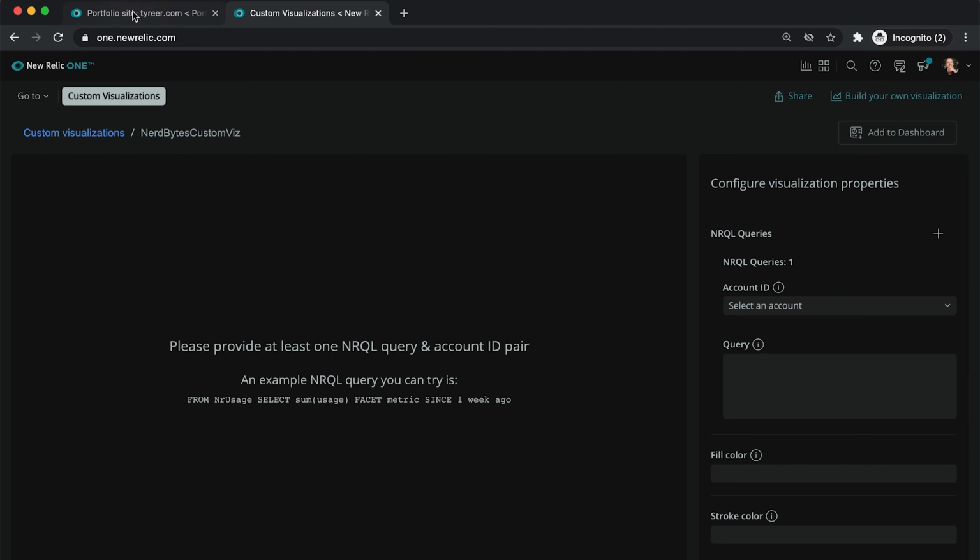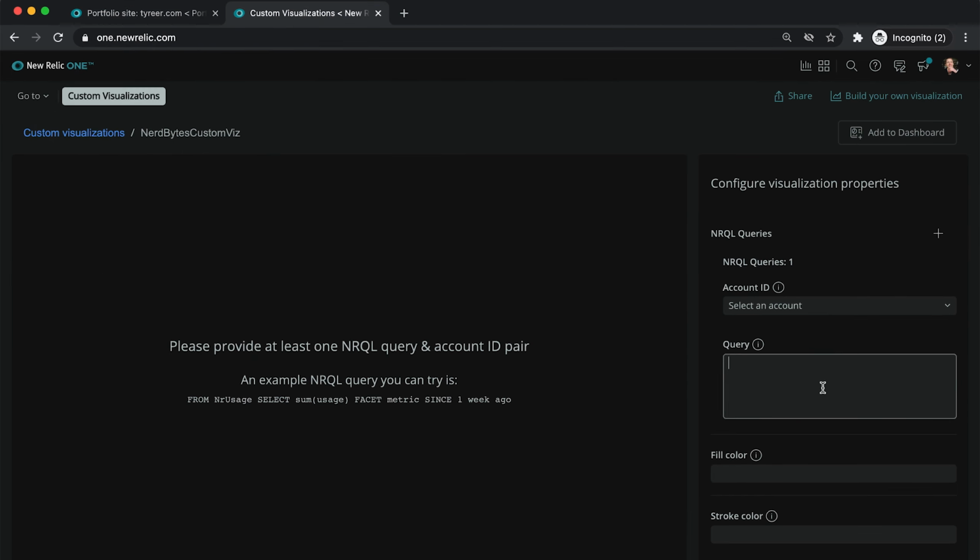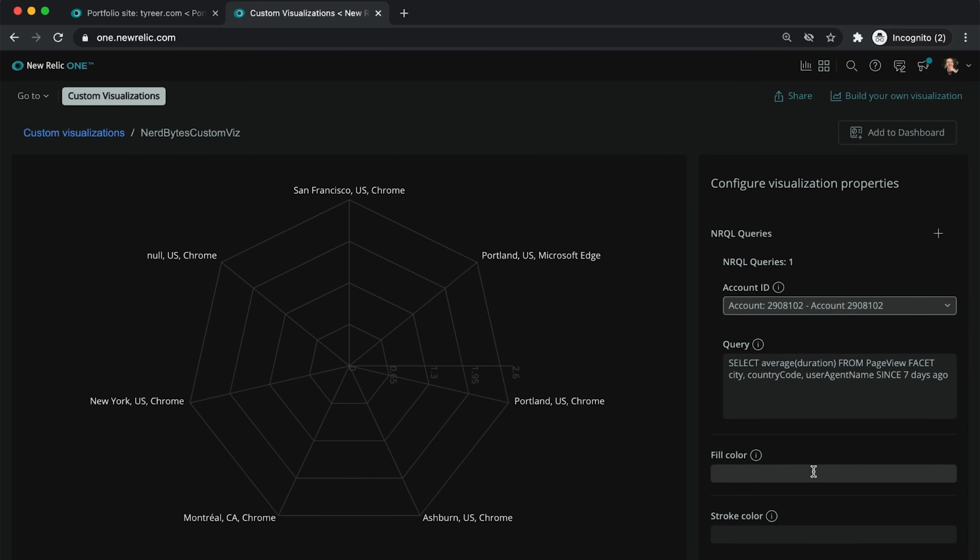Let's go back to the NRQL query that is driving that set of bar charts that we were looking at earlier on the dashboard and see how that renders. Great, so this provides a bit more of an at-a-glance view that I'd like to have on my dashboard, but it's not quite right stylistically. So let's give it my favorite color, tomato. And this is still looking pretty close, but I think that this is a bit too transparent.